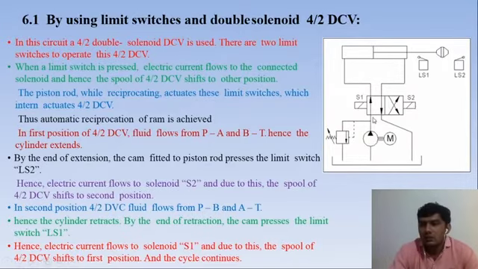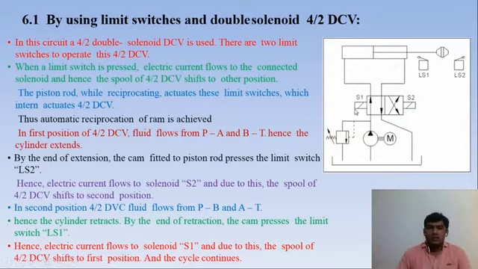So the pump will be connected to this port, and this A port will be connected to P. Here the fluid will be passed from the pump to this port, and the fluid will be passed to the right hand side of the cylinder, and the cylinder will start to retract. At the end of the stroke, this rod will touch limiting switch 1. Whenever it touches limiting switch 1, electricity will be passed from the limiting switch to solenoid 1, and the solenoid will create a magnetic field, and the spool will be shifted.